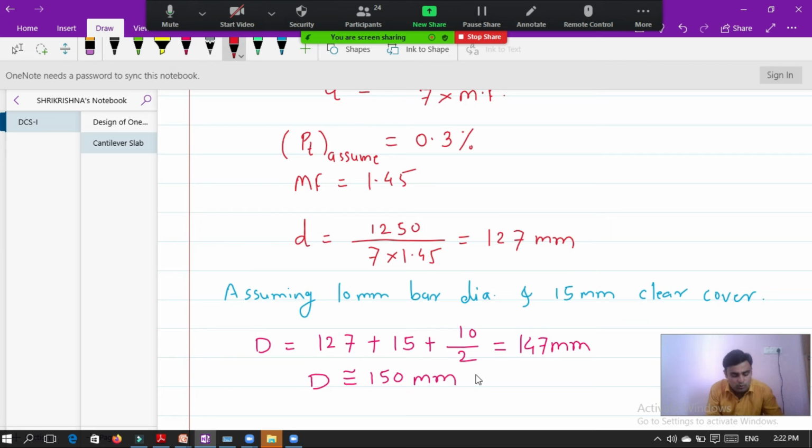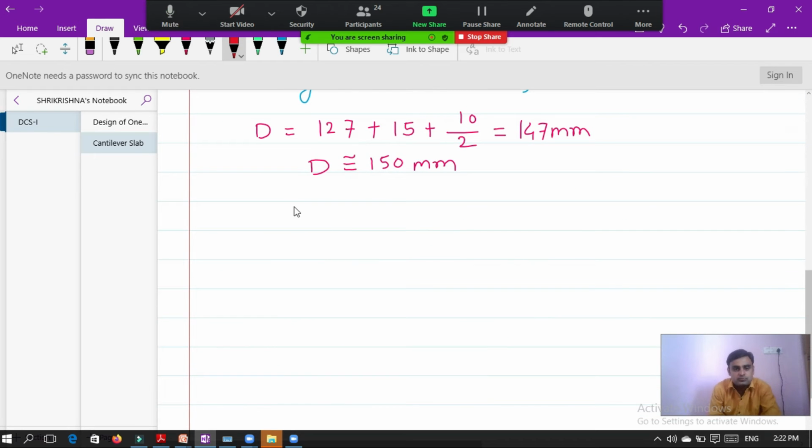Small d is equal to 150 minus 15 minus 10 by 2. So this value works out to be 130.